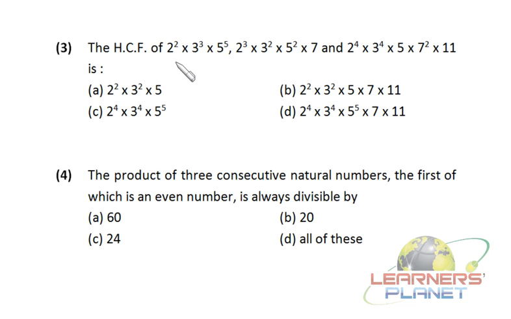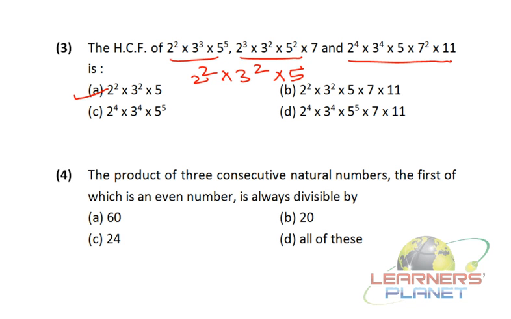Now in this case we have to find out the HCF of these three expressions. Now see, what is the lowest power of 2? That is 2 raised to 2. Then the lowest power of 3, among 3 cube, 3 square and 3 raised to 4, is 3 square. Then the lowest power of 5, here it is 5 raised to 5, here 5 square, and here it is only 5, so we have only 5. 7 and 11 are not there in the first expression, so the HCF is 2 square into 3 square into 5. This is the correct choice. Okay friends,